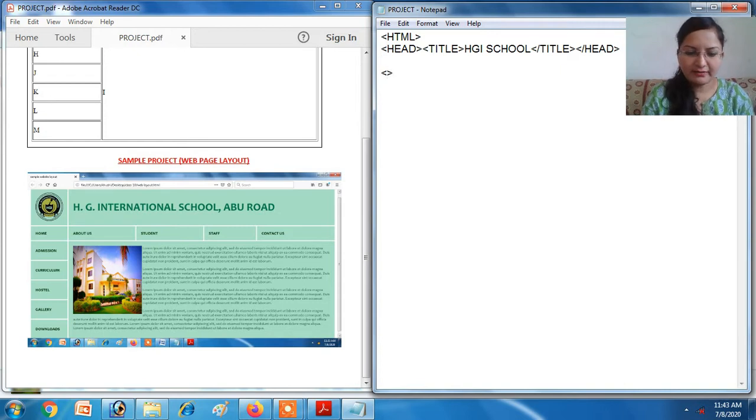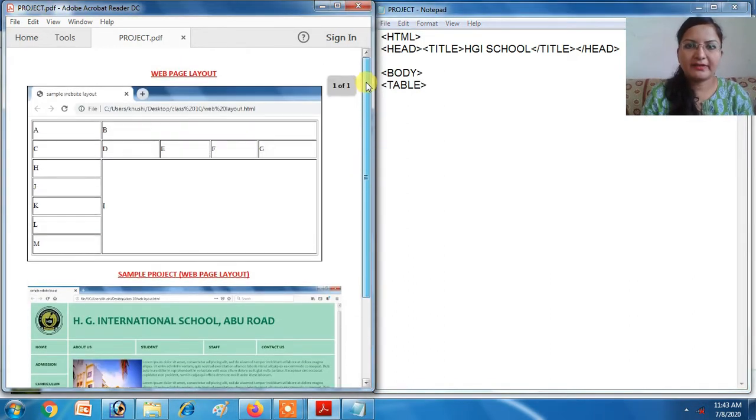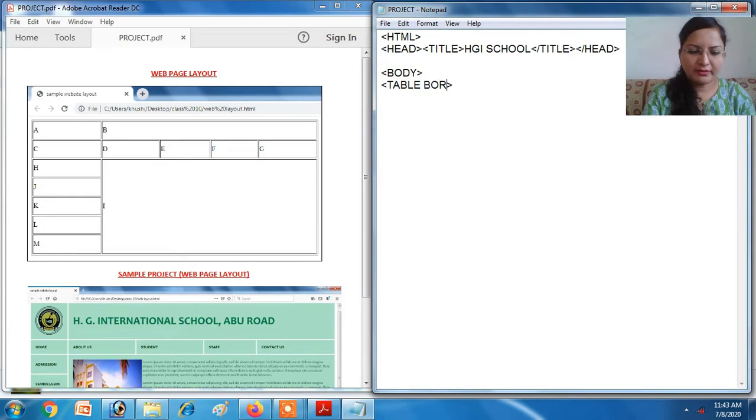Now body, table. I will create this layout first of all. So there is a border, so write border equals to 1. I told you there are 7 rows, so write TR.